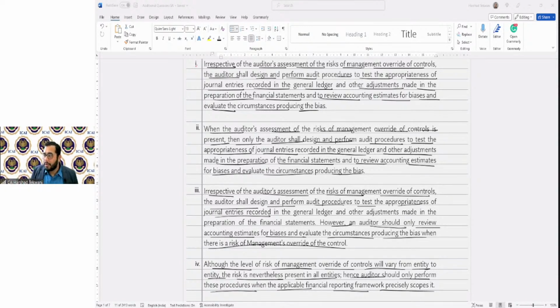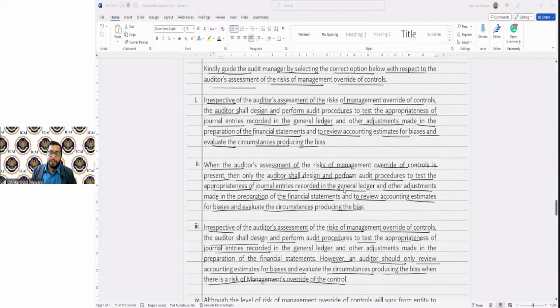So there's a bias. Now this bias, we are required to review these accounting estimates for biases, irrespective of whether we identify there is a risk or not, because they represent a risk of material misstatement due to fraud. So it's not that we are required to perform only when there is a risk of management override of control, but irrespective of our assessment of risk of management override of control, we are required to perform. And hence, the answer here will be not C, not B,